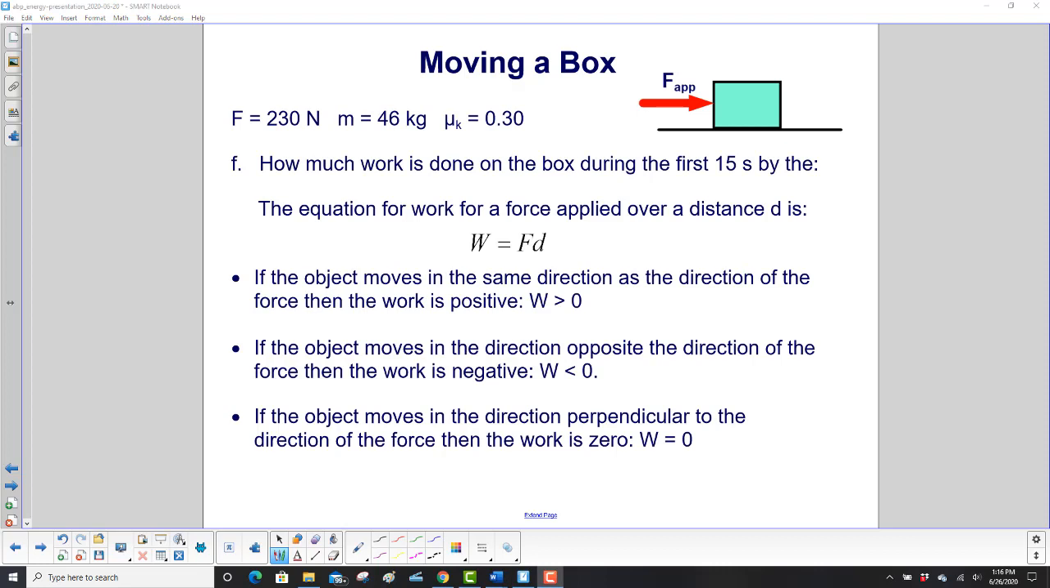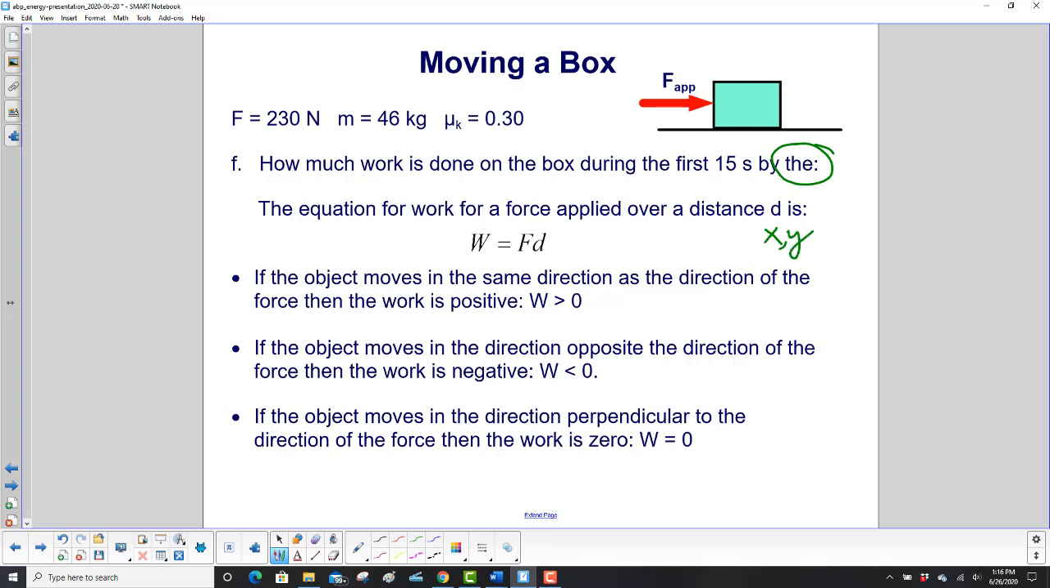How much work is done on the box during the first 15 seconds by the, and we're going to have to wait until the next slide for what the is referring to. But first a break. The equation for work for a force applied over distance d or x or y or